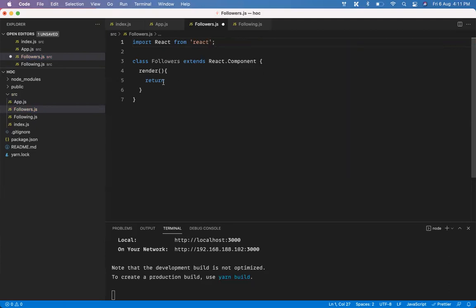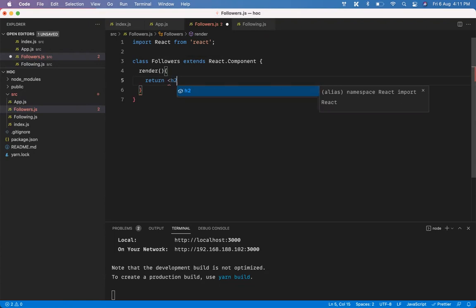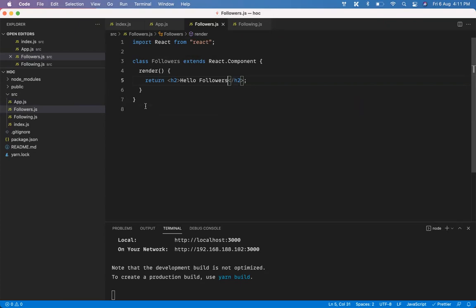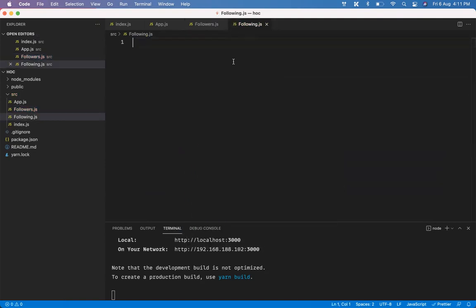Okay. So now we are just going to have the basic render method, whatever we need. So right now, we are just going to display hello. So just have an h2 and we'll say hello. And here I'll just export this component. Similarly, I'll have the same thing for following.